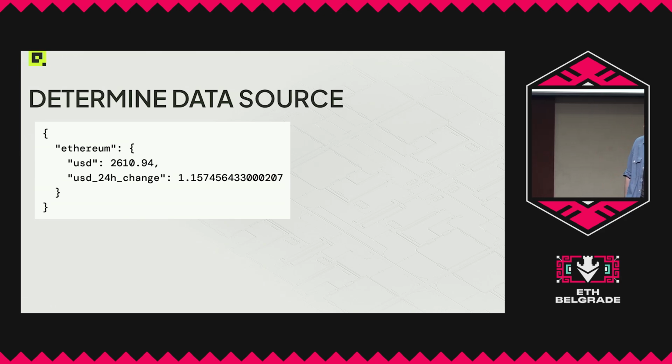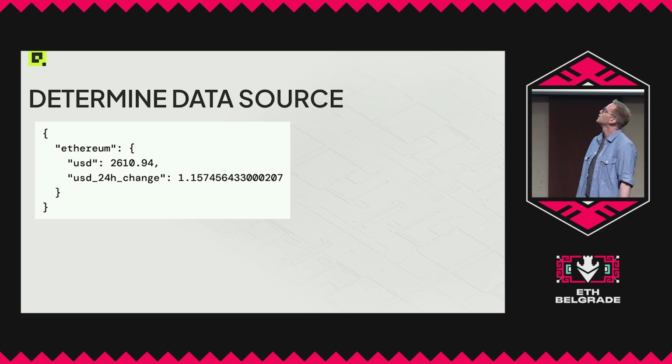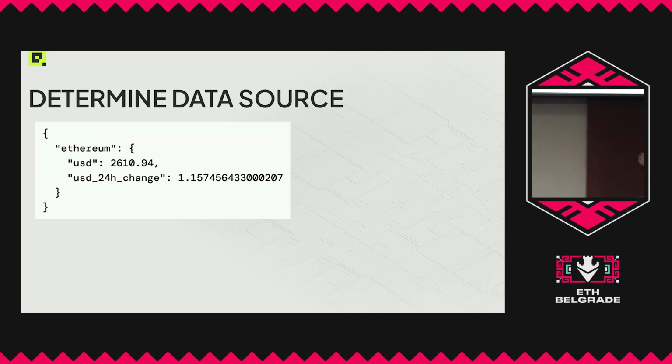It's an object containing one field, Ethereum, which is an object also containing 2 fields, price and price change. In this way, it's not useful. It's not worth it to return data in this way back on chain. We need to transform this data to be more